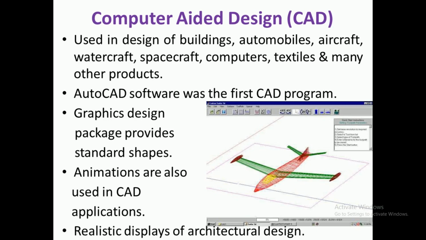After designing these models, these automobiles or aircraft, whatever, you will see that these are realistic designs. You will feel as if you have constructed it physically in your CAD software. That's why this will help us make blueprints of our real buildings or real designs. This is where we are using computer graphics in computer aided design.